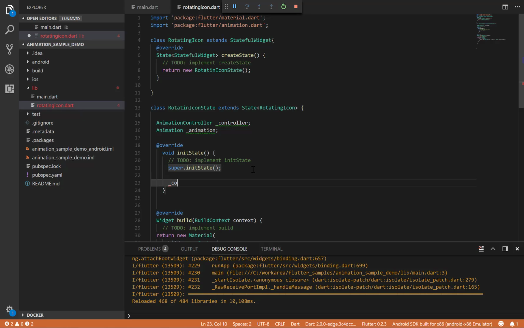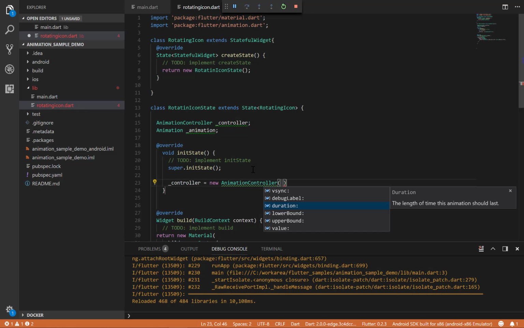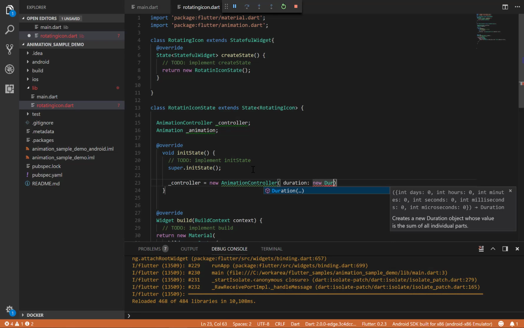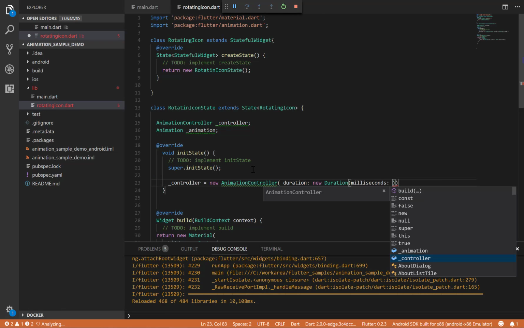So the animation controller, as I've said, will be used to generate numbers from 0 to 1 for a specified duration. So let's say I want my animation duration to be, let's set it to 1 second,